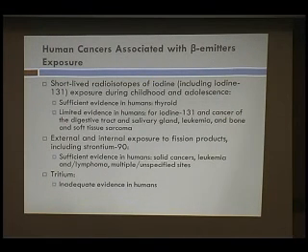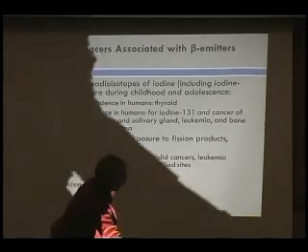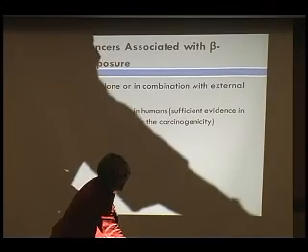And then for the beta emitters, so some of the short-lived isotopes of iodine, so iodine-131, exposure during childhood and adolescence, there's sufficient evidence in humans for thyroid cancer, but not as strong evidence for iodine-131 and cancer of the digestive tract and salivary gland, as well as leukemia and bone and soft tissue sarcoma. So for strontium, you have solid cancers, leukemia, and tritium has inadequate evidence in humans, so there's really not very much there for tritium. So those are just some examples, and it's not an exhaustive list.